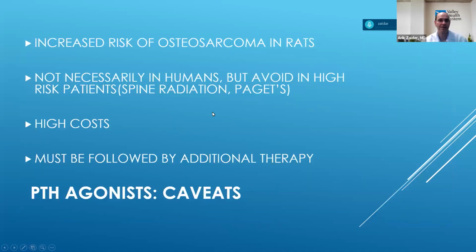Well, what are the caveats? Not that many, believe it or not. There was a concern in the original animal studies of Forteo, where they saw an increased risk of osteosarcoma, but you don't really see that in human studies. So people are much less concerned about it. Forteo is an expensive medicine. It's a biologic, so it's hard to get, depending on your insurance, but usually we can go to bat and then often get it approved. Forteo is a little bit similar to Prolia in that after you stop it, you must follow it with something else so that you don't lose the bone that you gained.